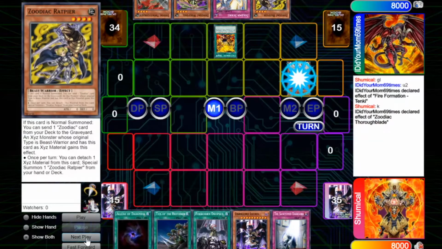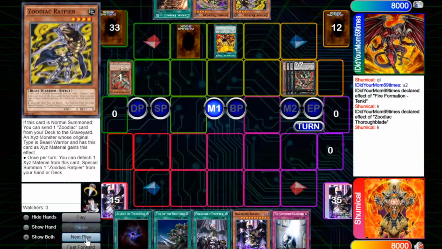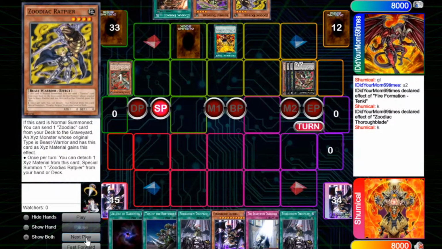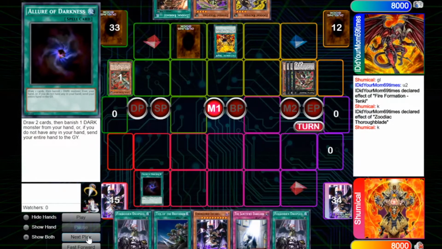Darklords. So you normal summon the Thoroughblade, draws Barrage, must be nice. Goes 2, 3, 4, so really good playing around Nibiru. He sets a strike and passes. Now I'm thinking, okay, I don't care about the Dryden because I've got multiple Droplets. I just really want my Ixchel to go through, so what I do is instead of risking it and just